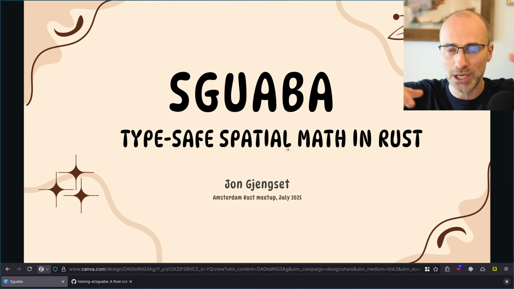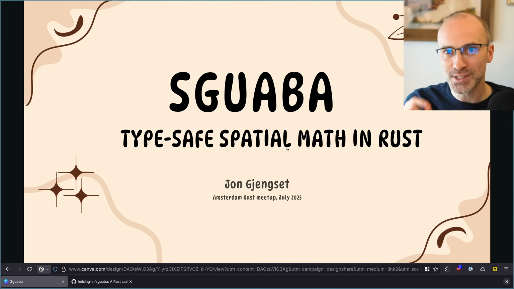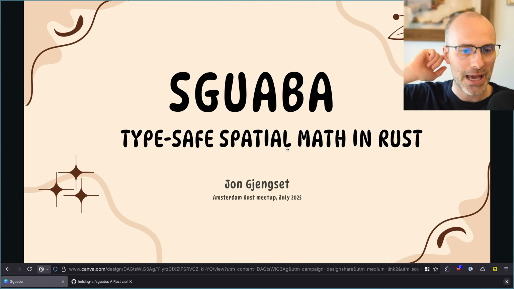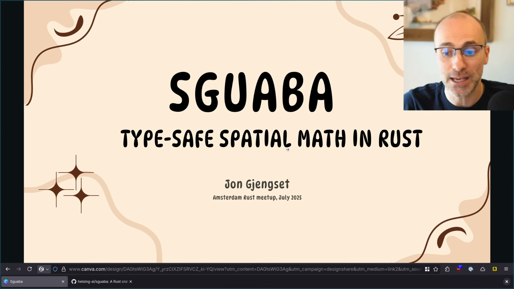They are not interchangeable. And so we want at the type level to enforce these to be different. The interesting property of this is that the sguaba library is actually mostly types and not that much implementation. Most of the implementation is really just algebra types and quaternions and some multiplications. And then most of it is just trying to pack this into a type representation that makes it safe to use or hard to use incorrectly.